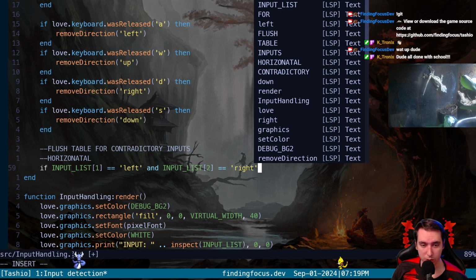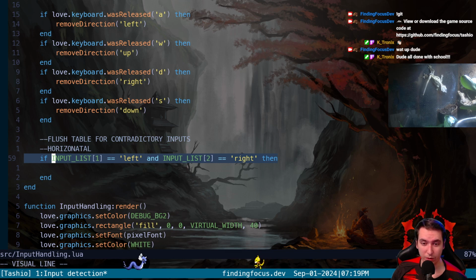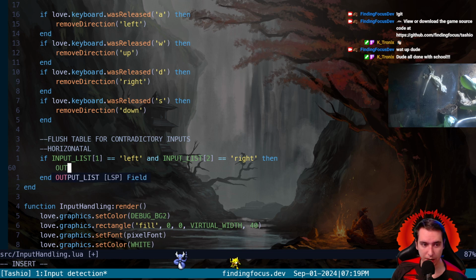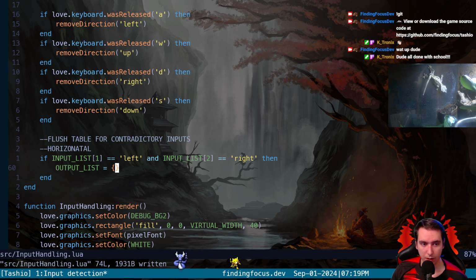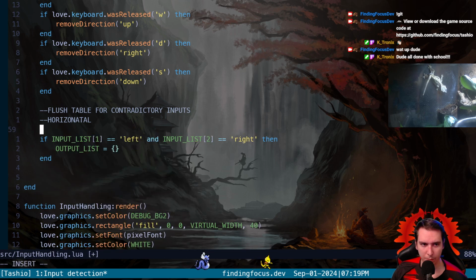I know there's a better way to do this, because the reason I don't like this tactic is that we'd have to do it also for if right is pressed first and left is pressed second. But let's just say output list gets flushed. And then otherwise,